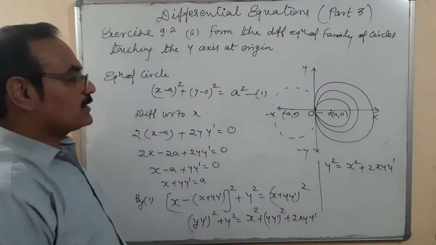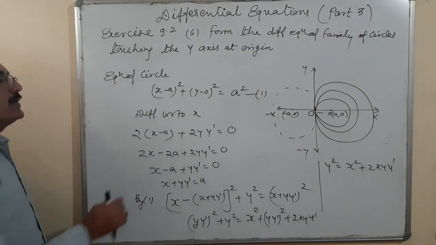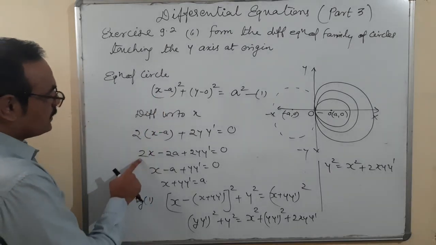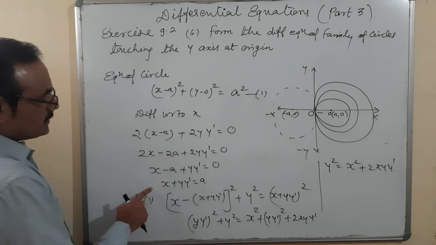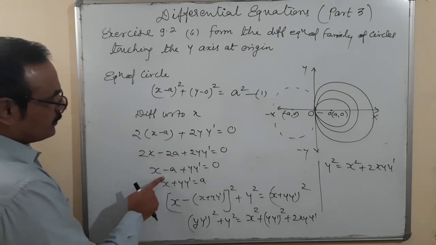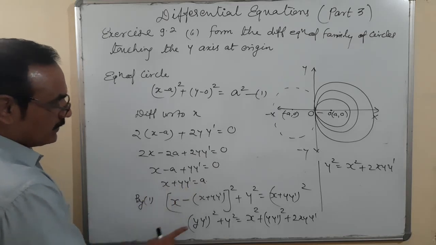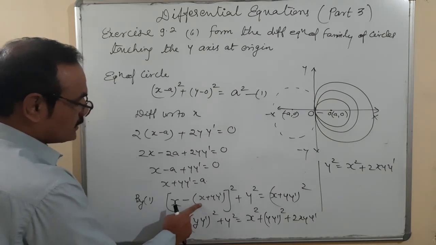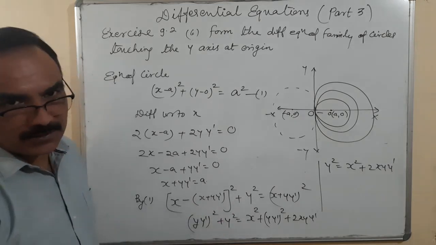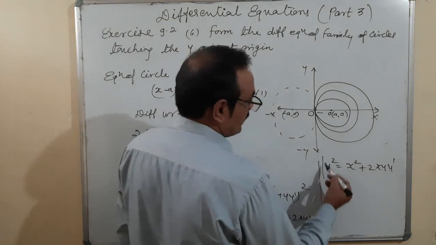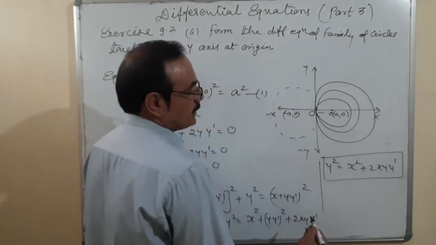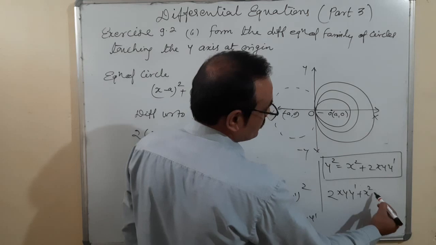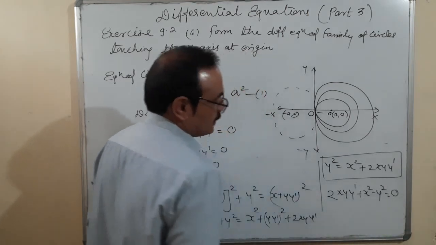Okay, plus 2xy dash. Now let us see, if I put here the plus sign, then what is the condition? Here is a plus sign, therefore the value of a is equal to... both these two terms are negative. So this is x plus x, 2x, and the value will be changed. Okay, so that is the condition. Y square is equal to x square, 2xy dash, 2xy dash plus x square minus y square is equal to 0. This is the first case.